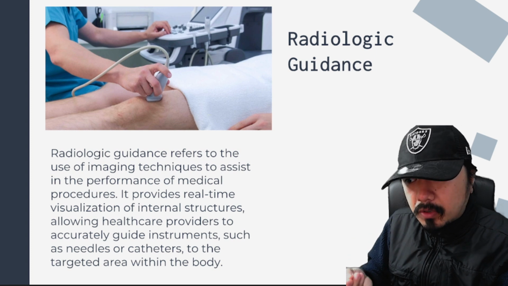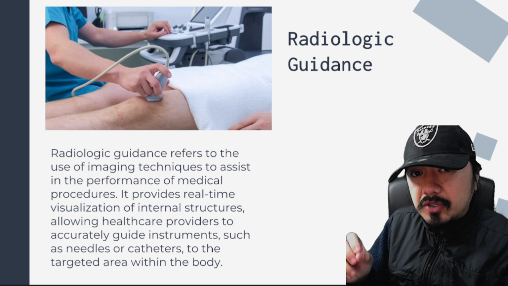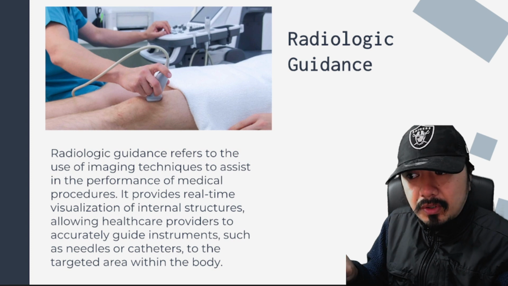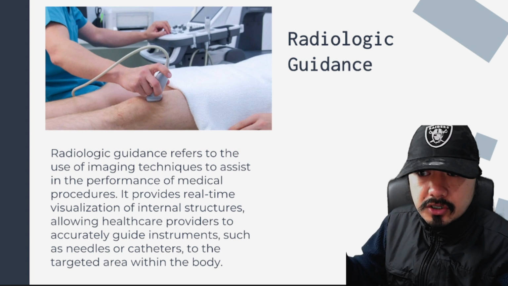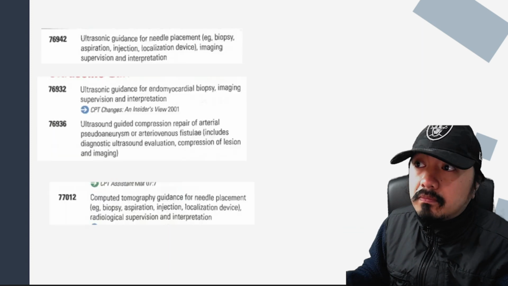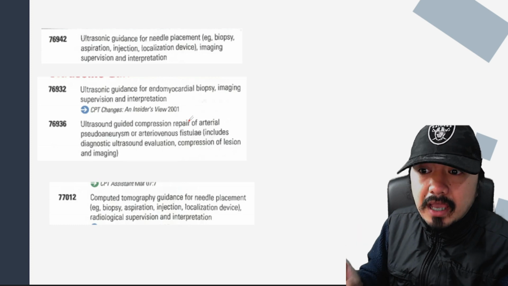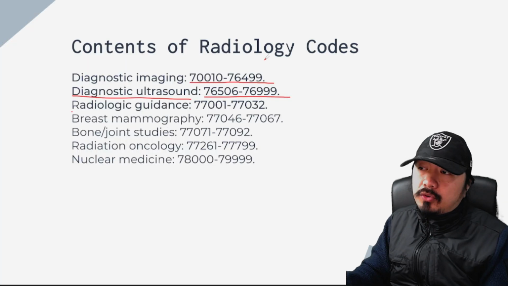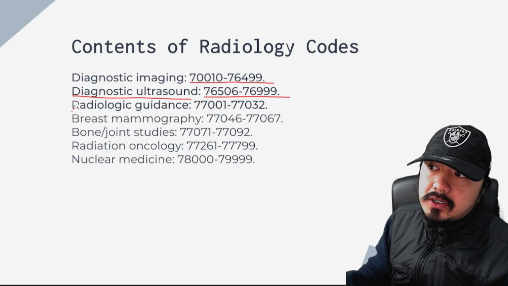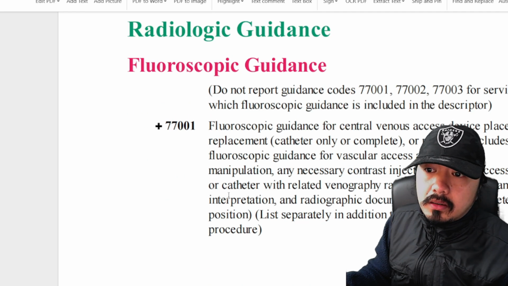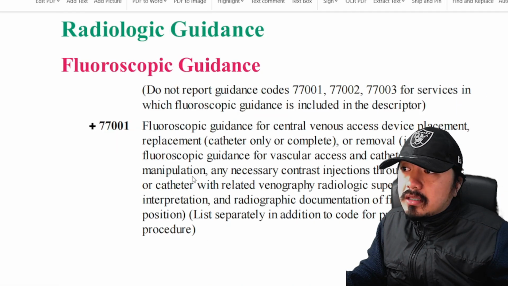If it's not embedded or if it's not in the description of the procedure, and you have to follow some guidelines like do not report or use this code if you will be coding for radiologic guidance. But there are some steps here you need to make. So check the type of guidance that's used. If you go to your CPT code book, guys, you will find your radiologic guidance codes under 77001 to 77032. It only contains a few codes, but again, we will notice this a lot in some choices,